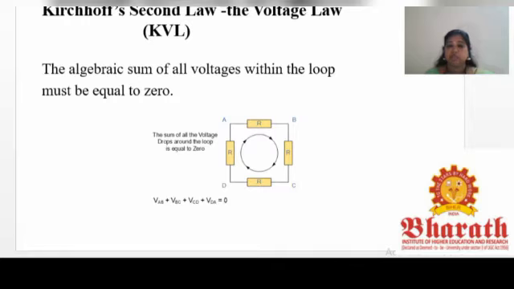Between the terminals A and B, a resistance R is connected. I call this a branch. Why? Because, as I said already, a branch has only 2 terminals. See here, this resistance has one terminal at node point A and the other terminal connected at node point B. So I call this resistance a branch.